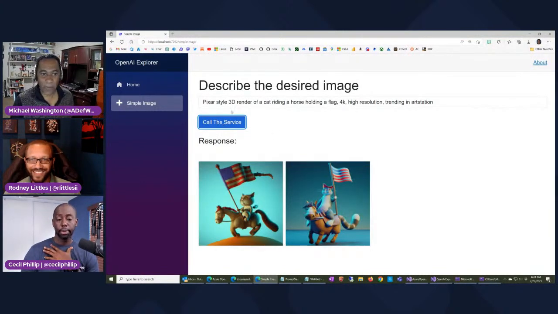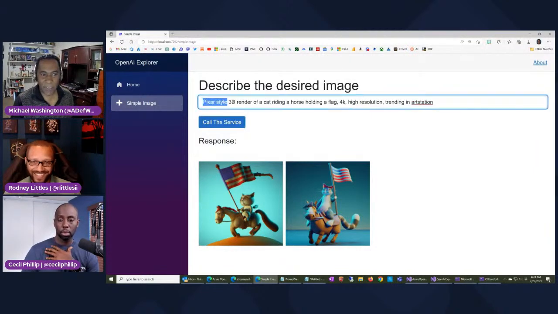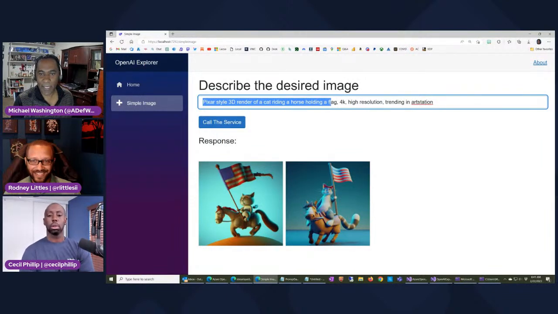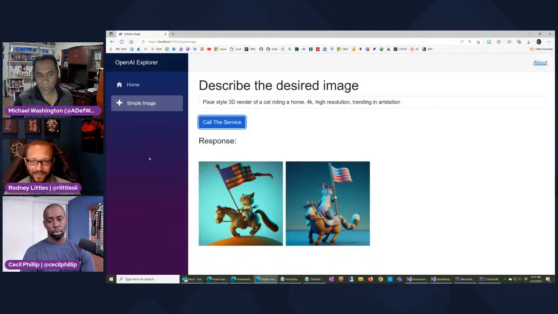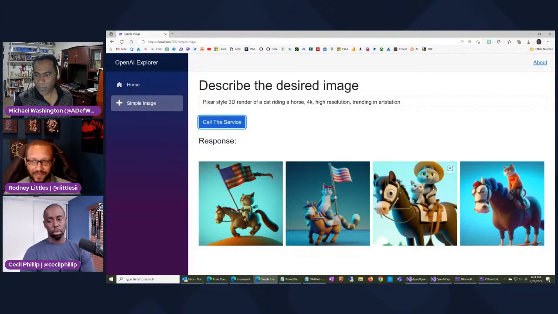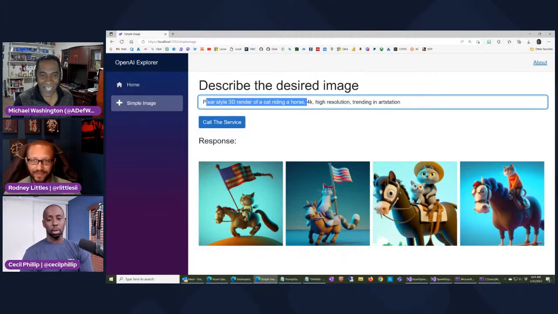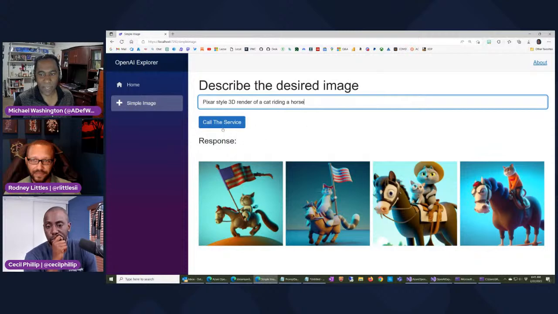So here you're able to just, I said Pixar style 3D rendering of a cat riding a horse holding a flag, and if I took out holding a flag part, and I should get, see, so it did it. What you type here is the key thing. Right. So if I took out, actually, if I just took out that there,